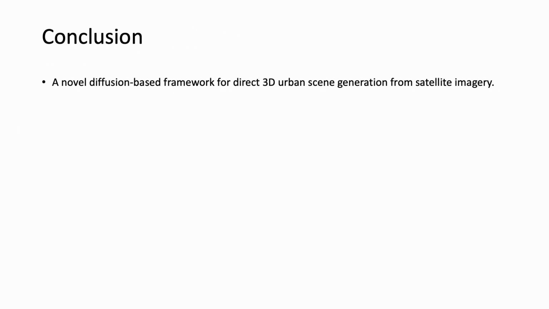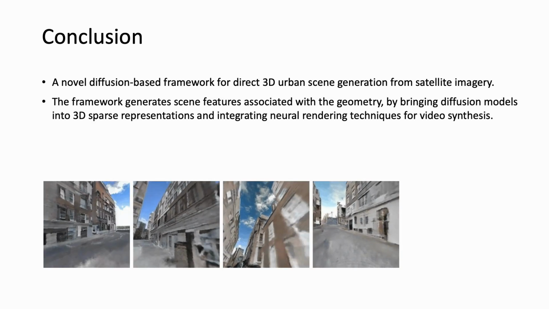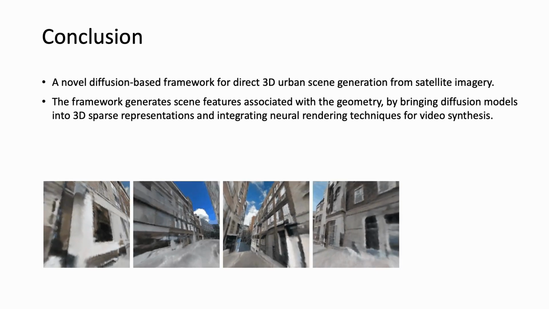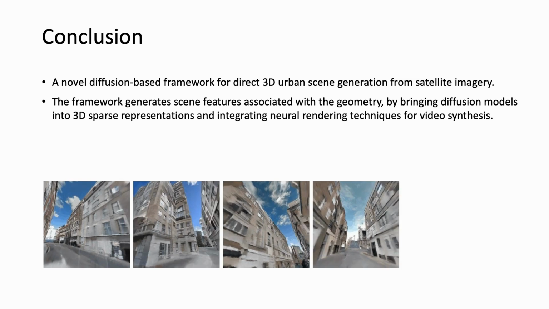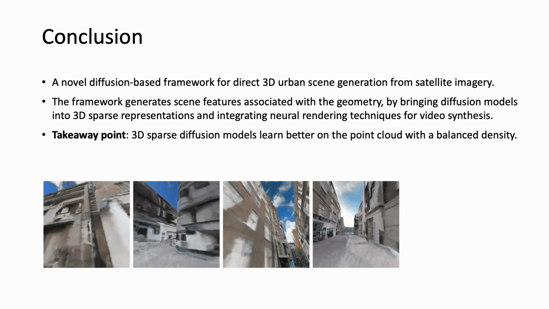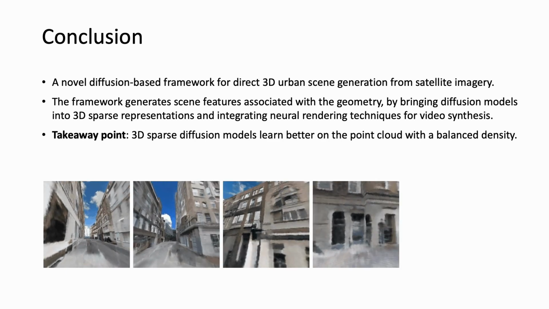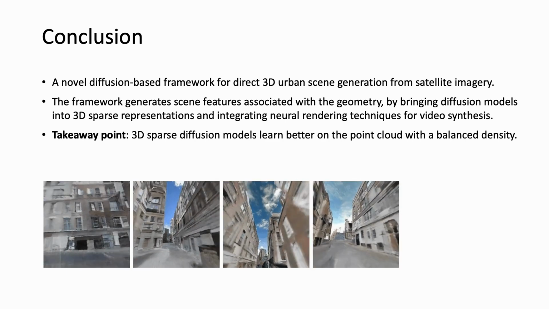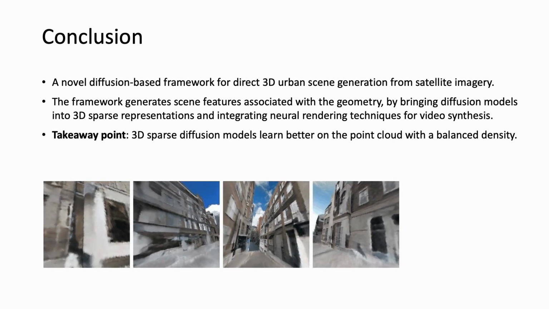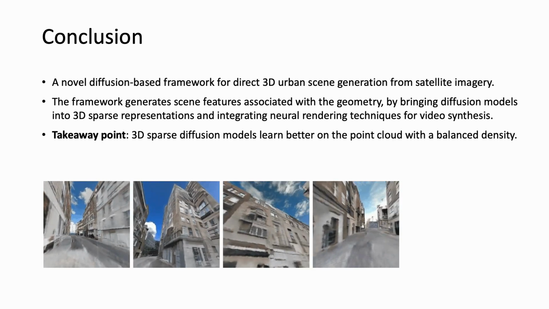To conclude, we propose a novel diffusion-based framework for direct 3D urban scene generation from satellite imagery. It brings diffusion models into 3D sparse representations, generates scene features tightly associated with the geometry, and integrates with neural rendering techniques for rendering arbitrary views. As a takeaway point, we found that diffusion models learn better on the 3D point cloud with a balanced point density. We believe that our work is a step forward in 3D scene generation, offering a promising avenue for the development of 3D